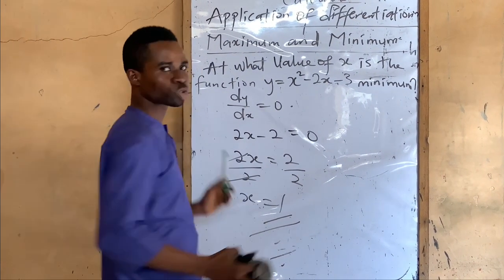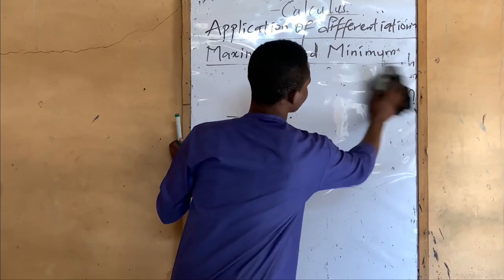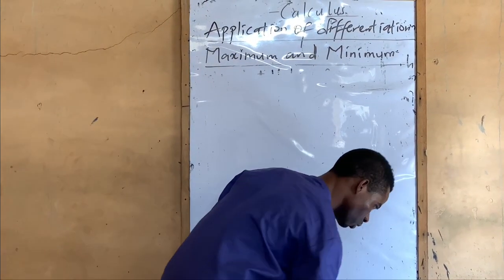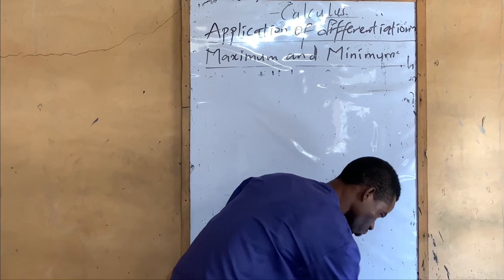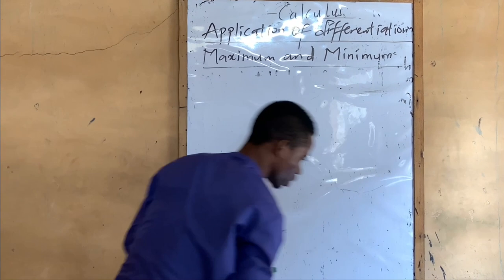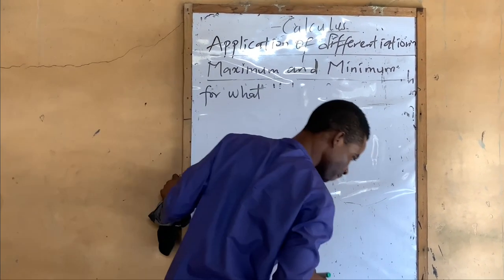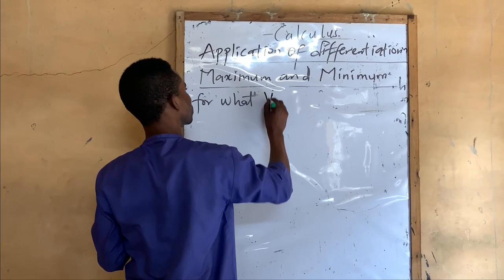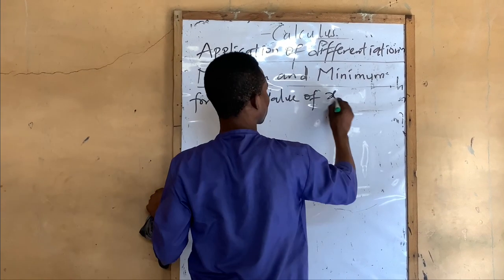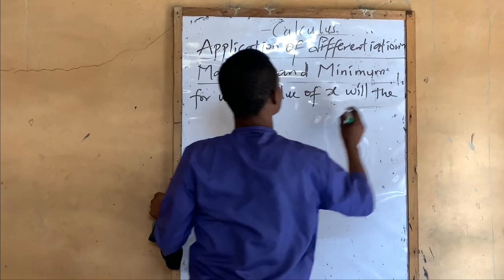Now let me give you a situation whereby you get two values for x. This one is just one value. Now let's take a look at this. For what value of x will a function